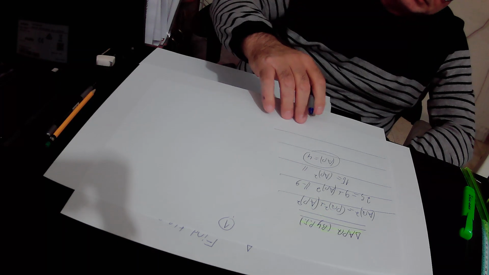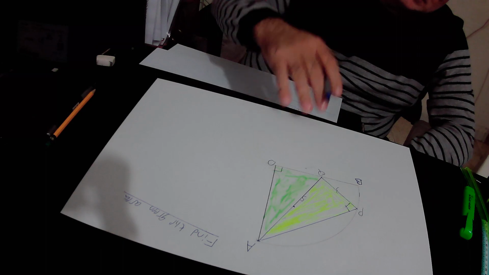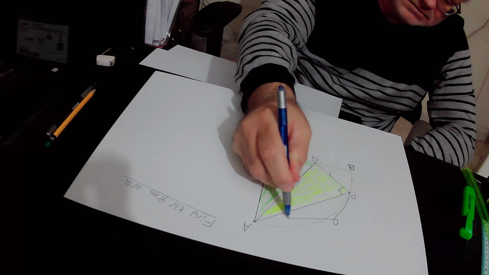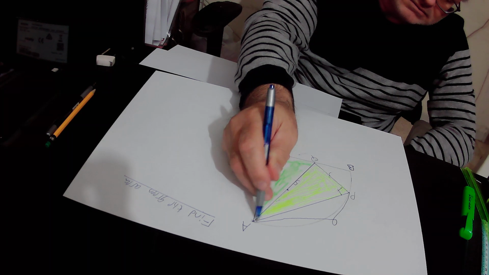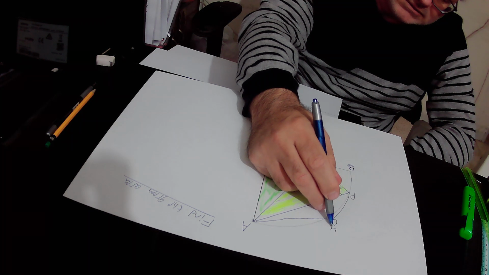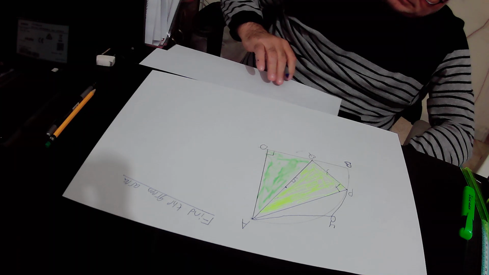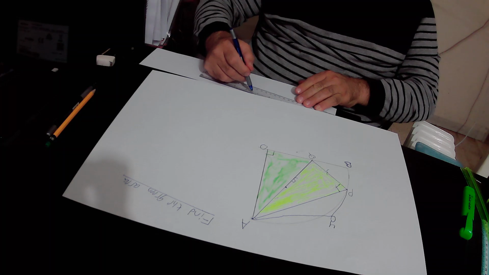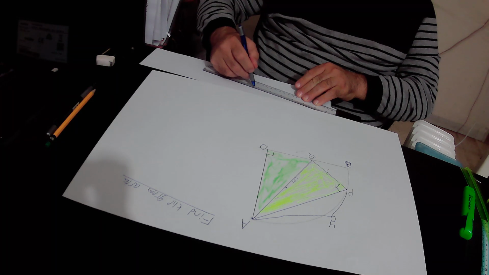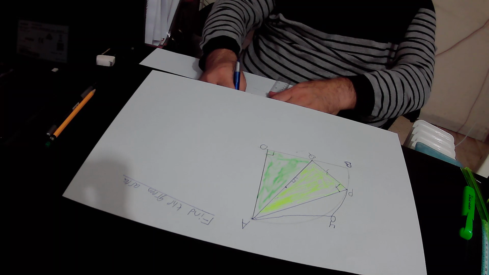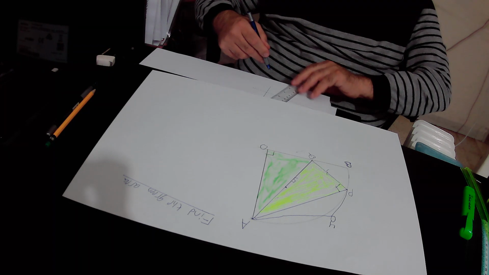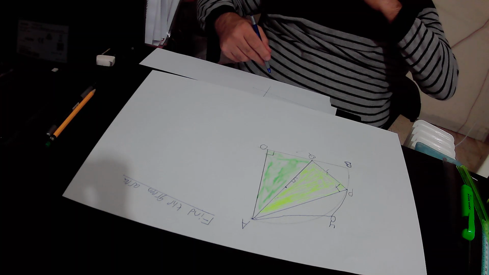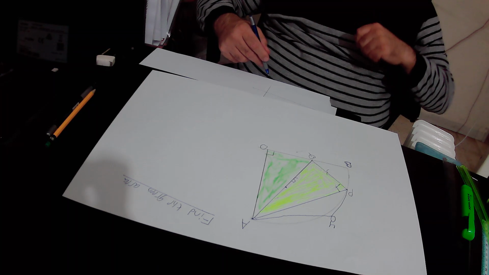We found out that AP equals 4 units. In the next step,